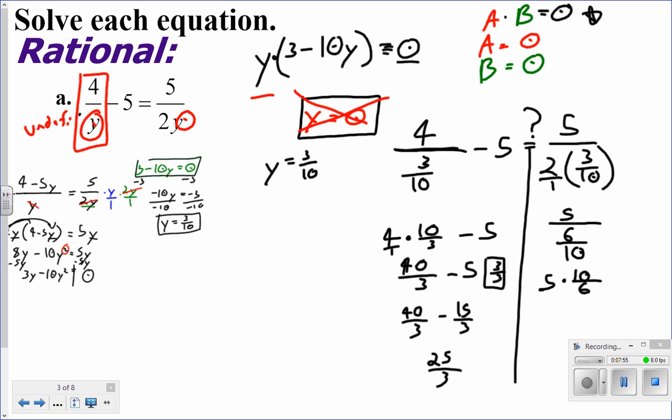So this is like 5 over 1. So I get 50 over 6. They're both divisible by 2. So I get 25 over 3. Yes, they are equal. I've checked that solution. So yes, y equals 3/10 is a valid solution for this problem. All right, let's do one more here